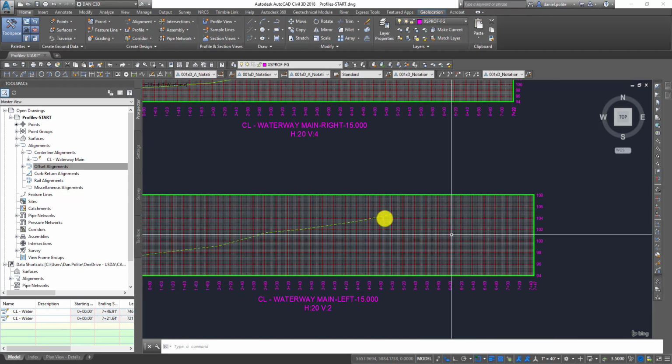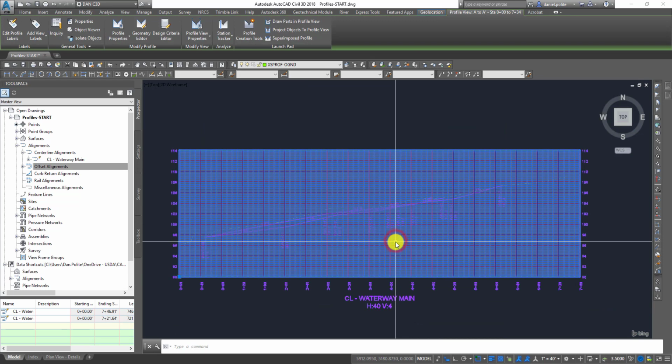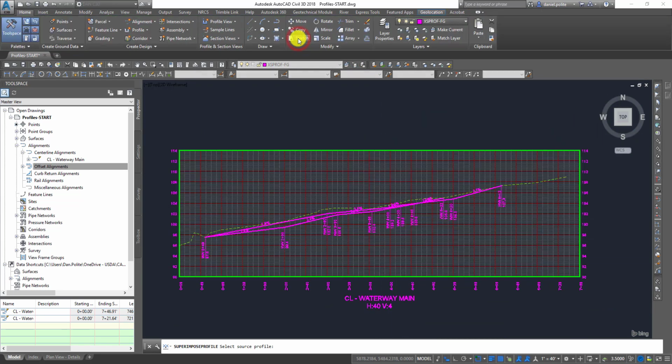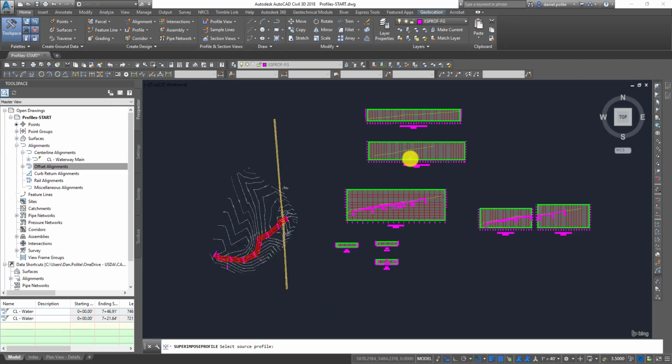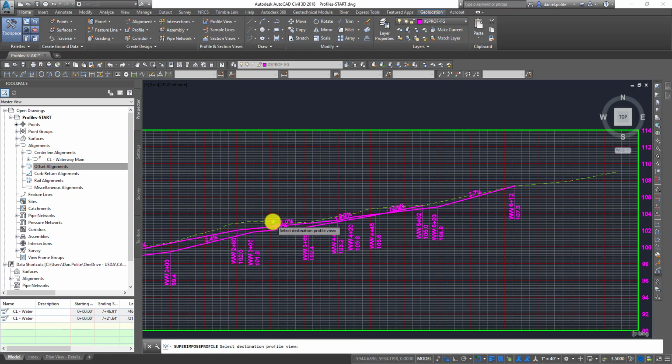So you want to superimpose these 2 onto my main. So select the profile that you want to superimpose to, and it says select the source profile. So this is one source, destination,